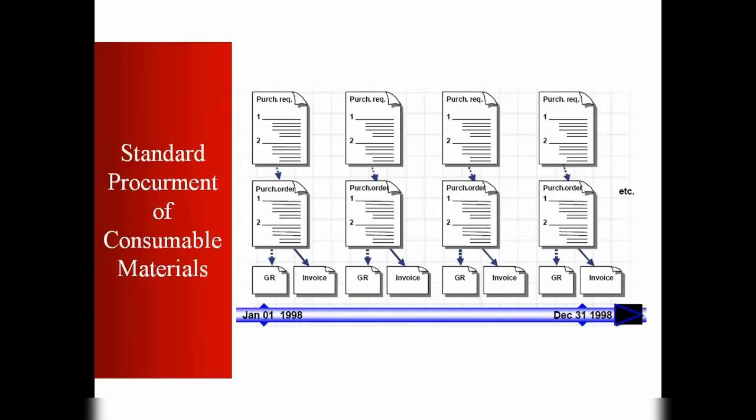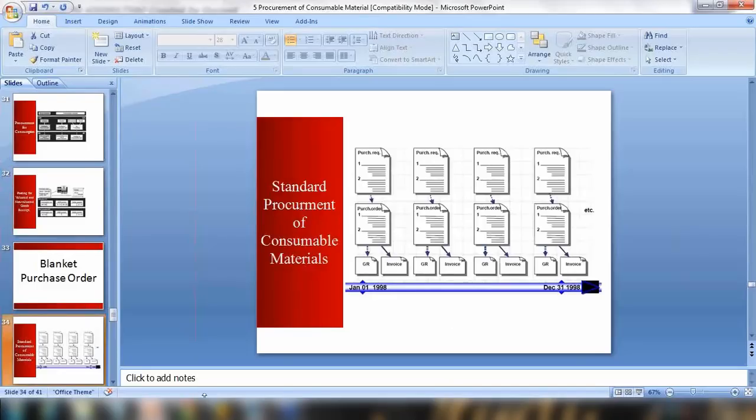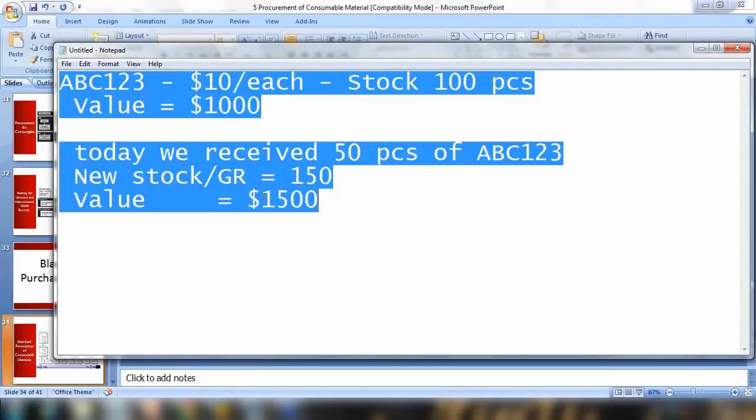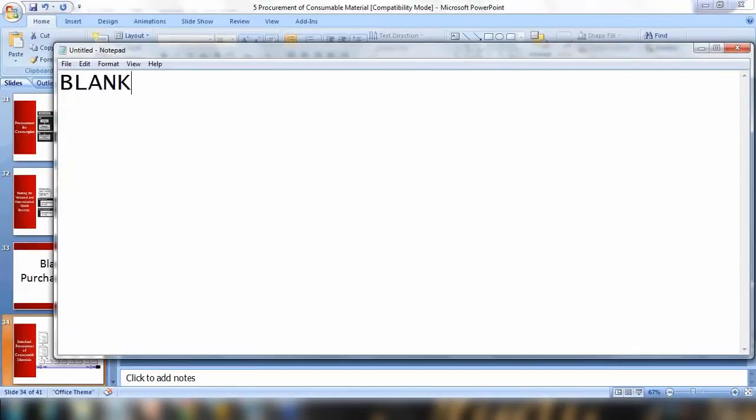This is called blanket purchase order. That means only one purchase order, and with the same purchase order, it has a validity, it has a limit in dollar value, and next time we want to buy the goods, we don't need to create a new purchase order. We can use the same purchase order. The only thing that will be happening is invoice receipt. So I'll write down here, in the case of blanket